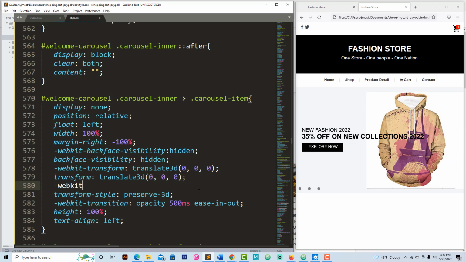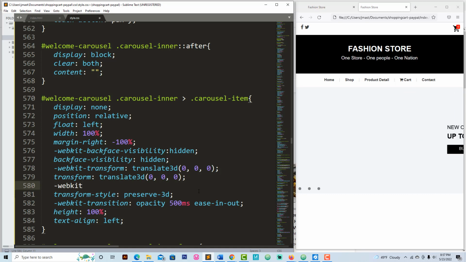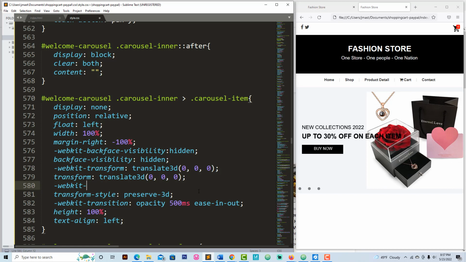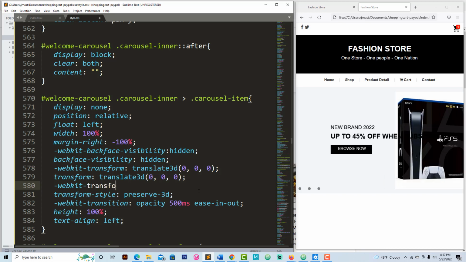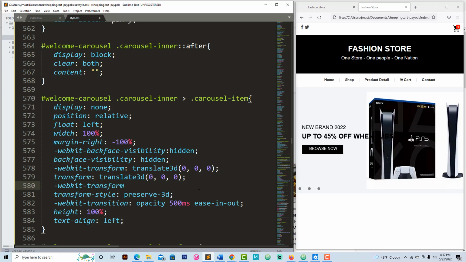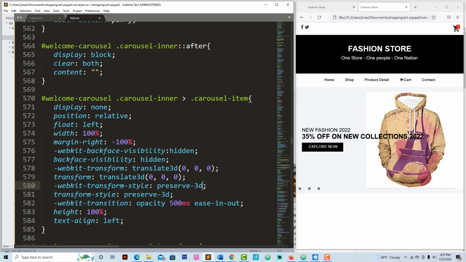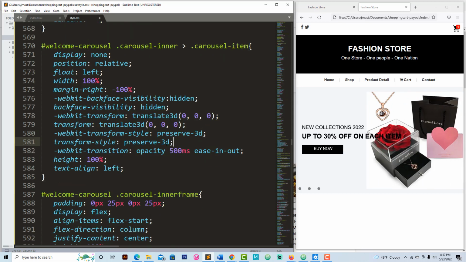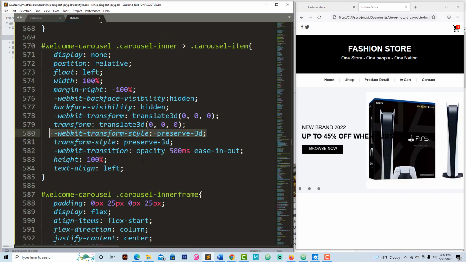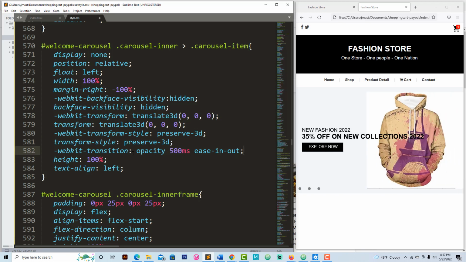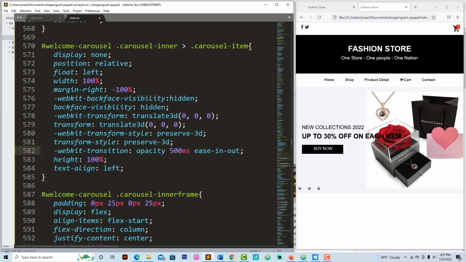WebKit like this. Okay. Put WebKit and transform. Put WebKit transform style like this, and put preserve 3D. We have two. Is the first one, and I just added this one. Okay, next I want you to find this line WebKit transition opacity